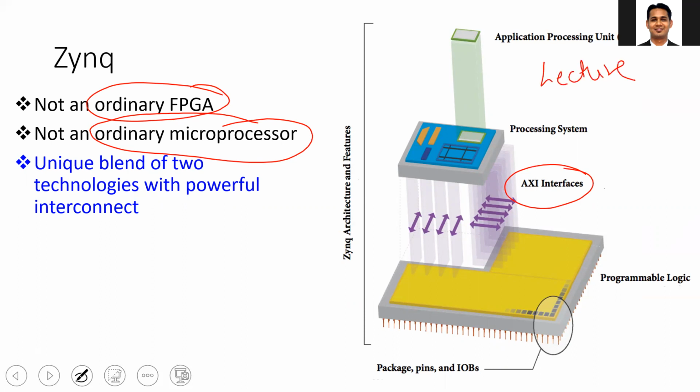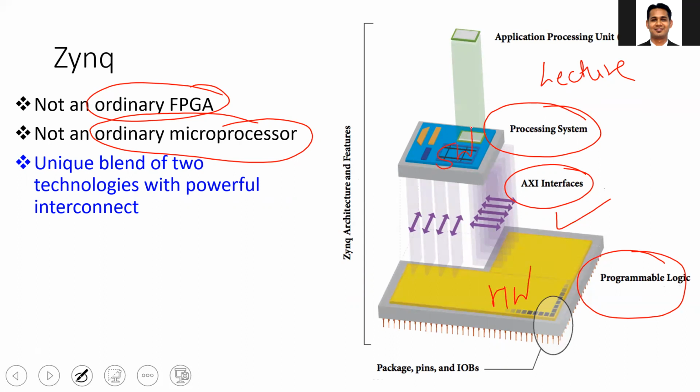Okay, so from last week onwards, we have already started discussing the AXI interface, and the rest of the details will be covered in the subsequent lectures. Also, you can see that here your algorithm will be broken down into two parts. Some part of the algorithm will be implemented on the processing system, and some part will be implemented on the FPGA. So usually this processing system is also a processor, or it is also called software, and the FPGA is called hardware.